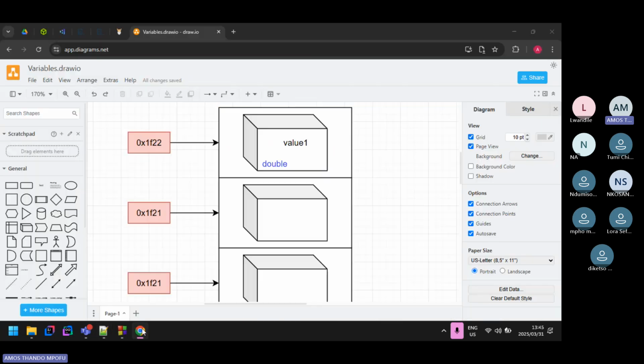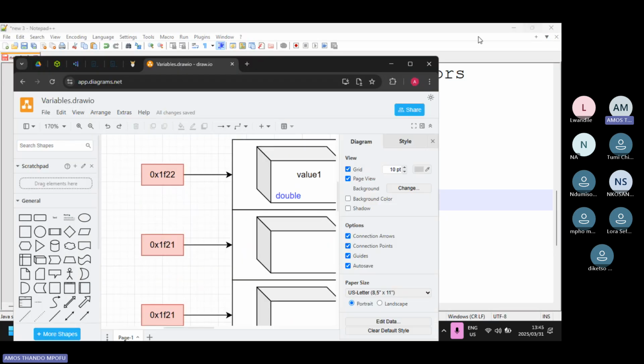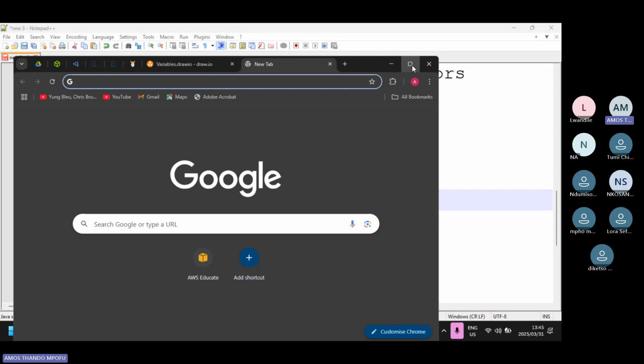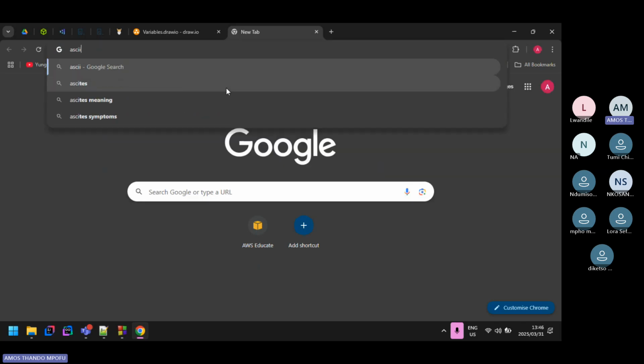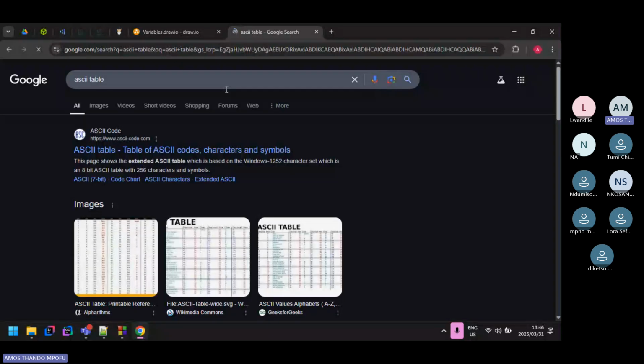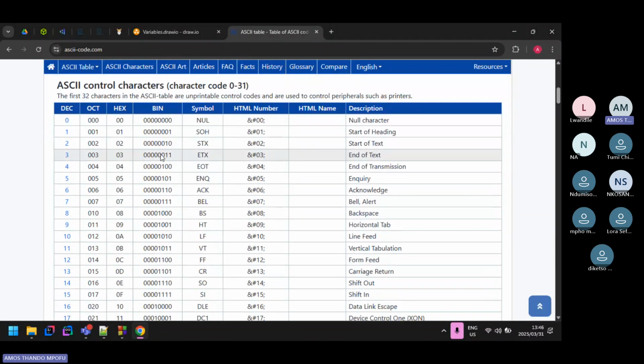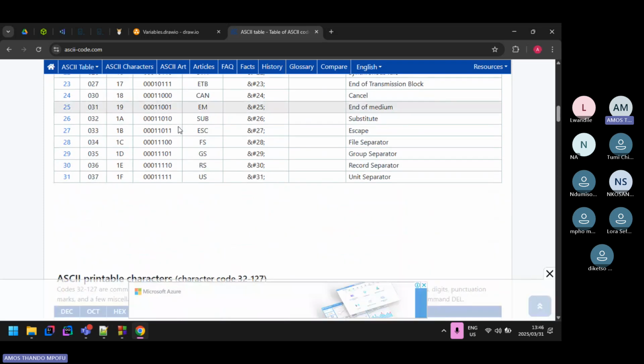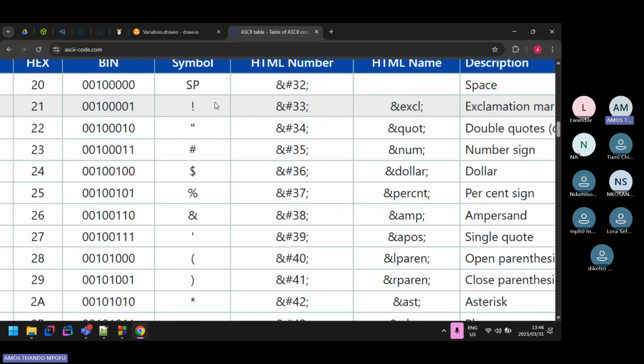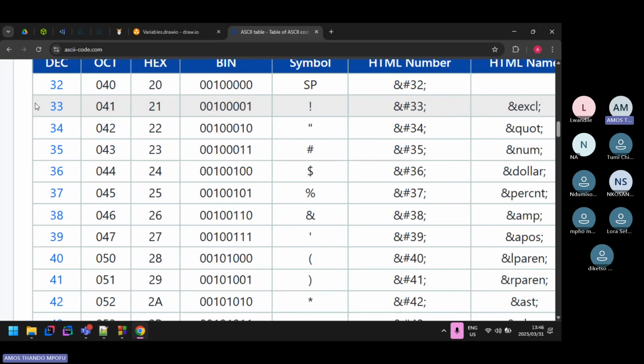To represent letters, we'll talk about it when we get to strings, but I can give you somewhat of an introduction. You might ask yourself, how does it represent letters? It represents letters through something we call an ASCII table. So, for example, if you want to output this exclamation mark, it's the integer number 33. The ASCII table just means that every single symbol on your keyboard has an integer number to represent it,